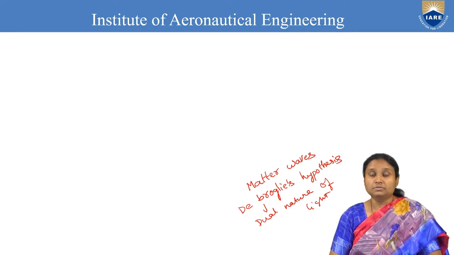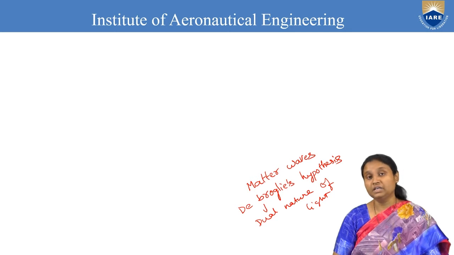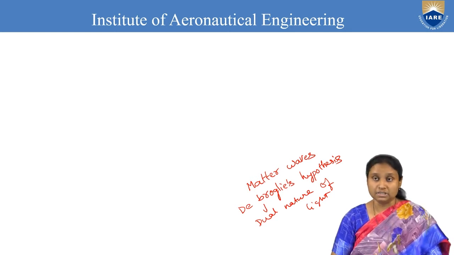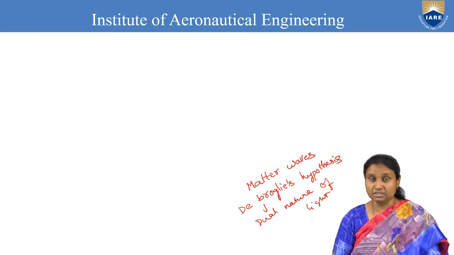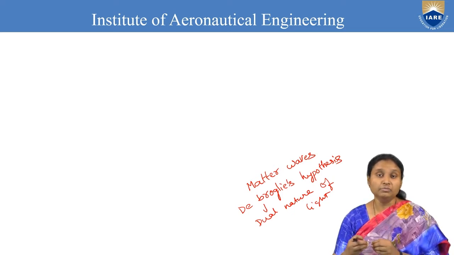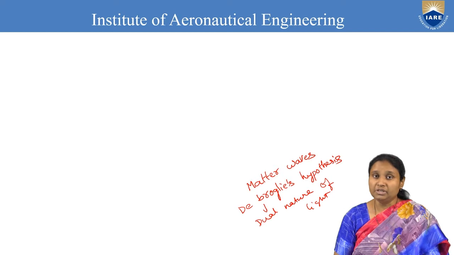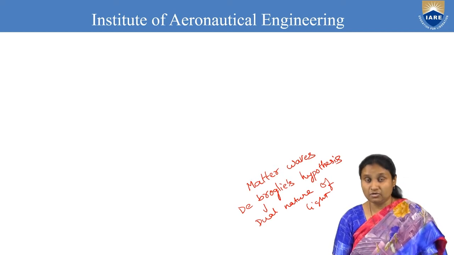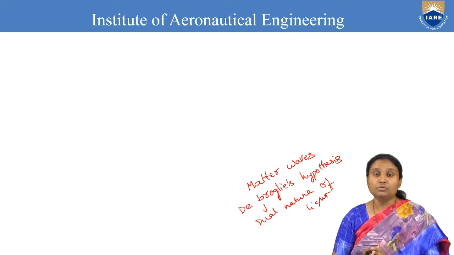According to him, in nature everything should be symmetric. If light radiation can have dual characteristics, then even fundamental material particles should also have dual characteristics. If we take a moving material particle, then it will behave as a wave. A wave associated with a moving material particle is nothing but a matter wave. When a material particle behaves as a wave, when it is made to move, then in order to explain its wave motion, there should be a wave equation. So today we are going to get that wave equation associated with matter waves.